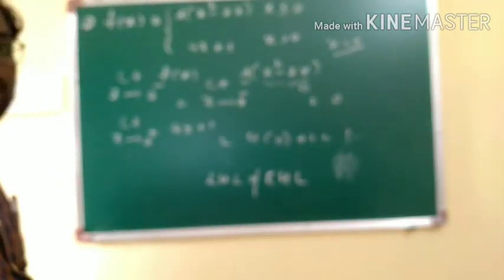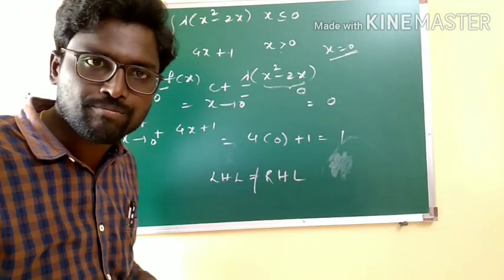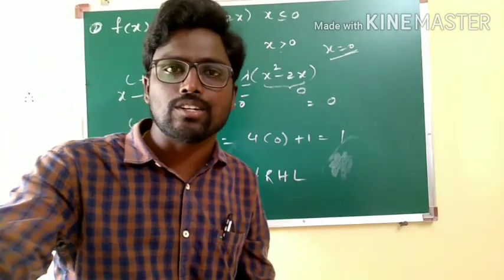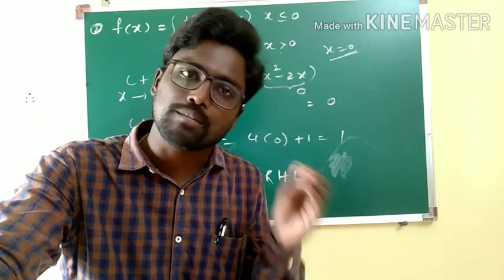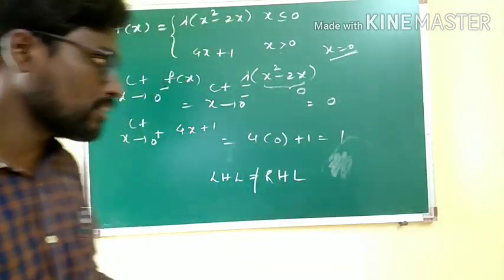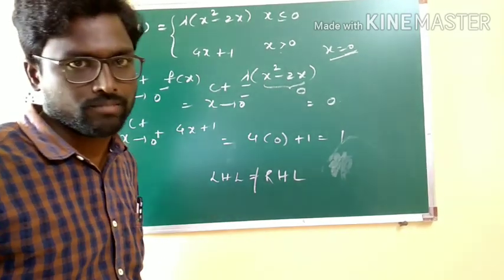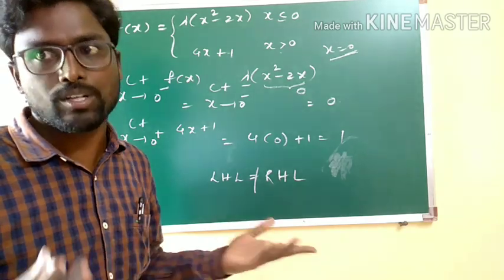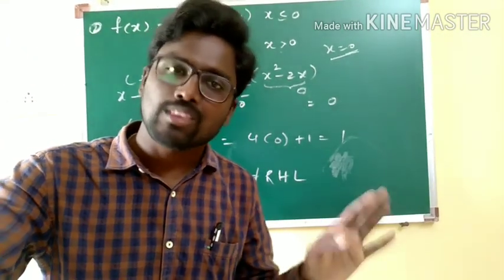That means left hand limit is not equal to right hand limit. Since they are not equal, the function can't be continuous. It is against the definition. According to the definition of continuity, LHL must be equal to RHL and must be equal to the function value at that point. It failed at the first condition only, that LHL is not equal to RHL. It is a contradiction. We can't go ahead, and we can't talk about the function value case here. So there is no lambda which satisfies the given condition.